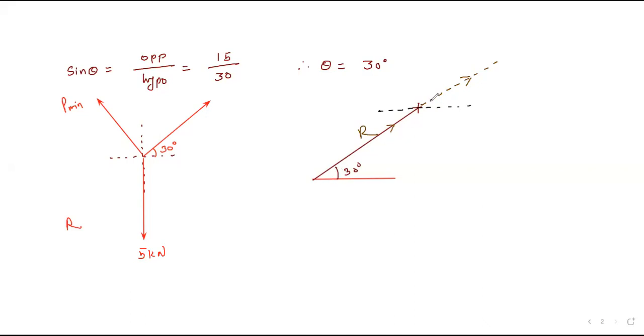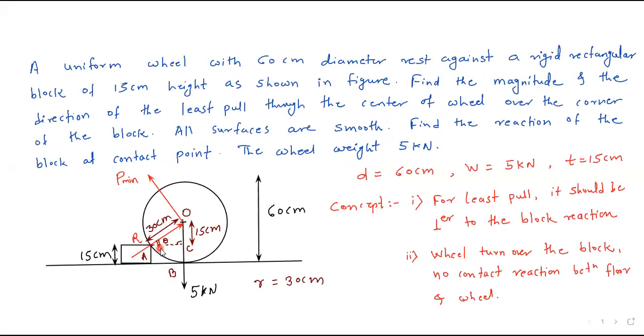So if this angle is 30 degree, this angle is also 30 degree, because these two are the corresponding angles. These two are the corresponding angles because this is the horizontal line. This line is the horizontal line, and this line is also horizontal line, and this will become the transverse. So these two angles will be corresponding angles. So this angle will become 30 degree. Here you can see this angle is 30. So if you extend this line further and if you draw the horizontal line, then whatever the angle will be subtended over here, that is also 30 degree.